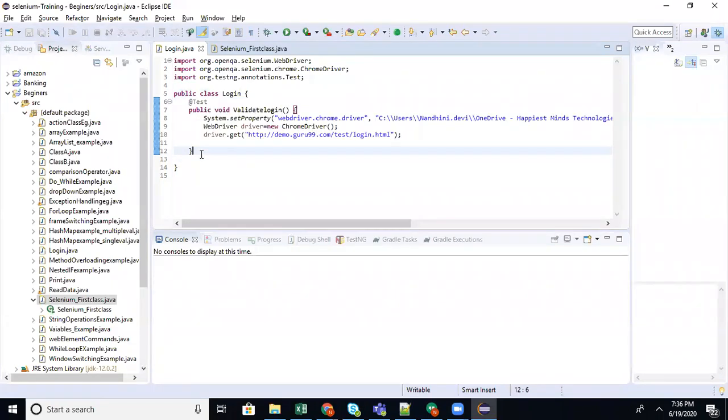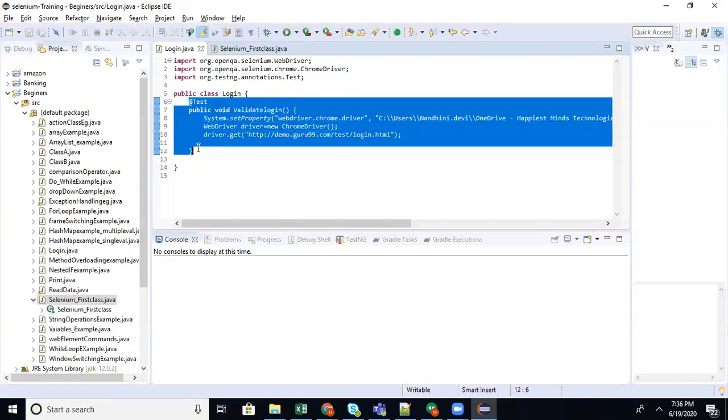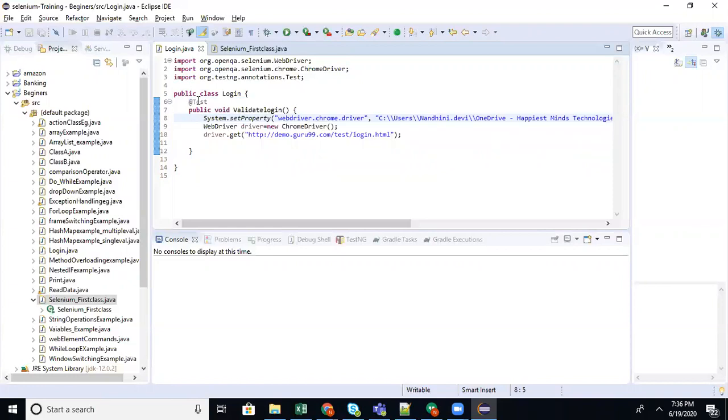When you execute this test case, it will automatically pick all the methods which have @Test and start executing without creating an object, without using the main method. This is the advantage of using TestNG. You need not have any main method or object creation to call the method. Instead, you write the annotation, and based on that it will pick all the methods with @Test and start executing.